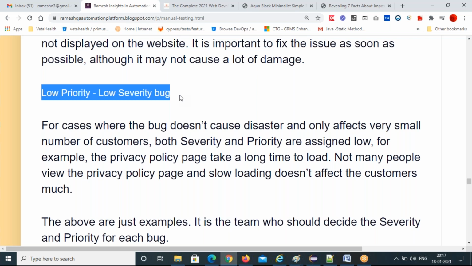For example, the privacy policy page takes a long time to load. Not many people read the privacy policy, right? So loading doesn't affect customers much. Or, for example, a button is overlapping side by side. That also doesn't matter.